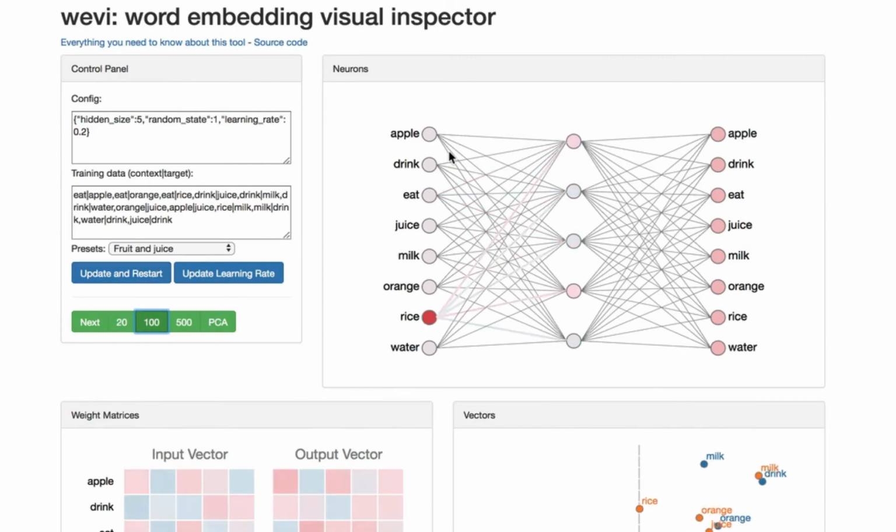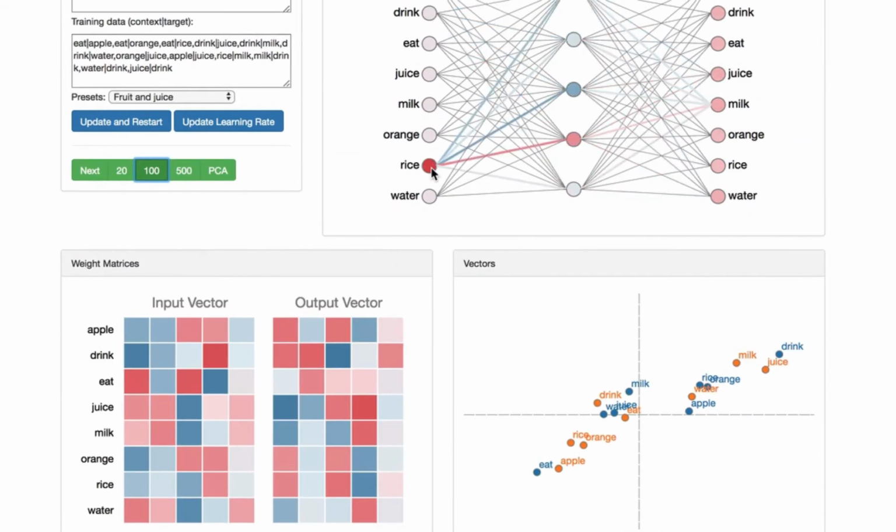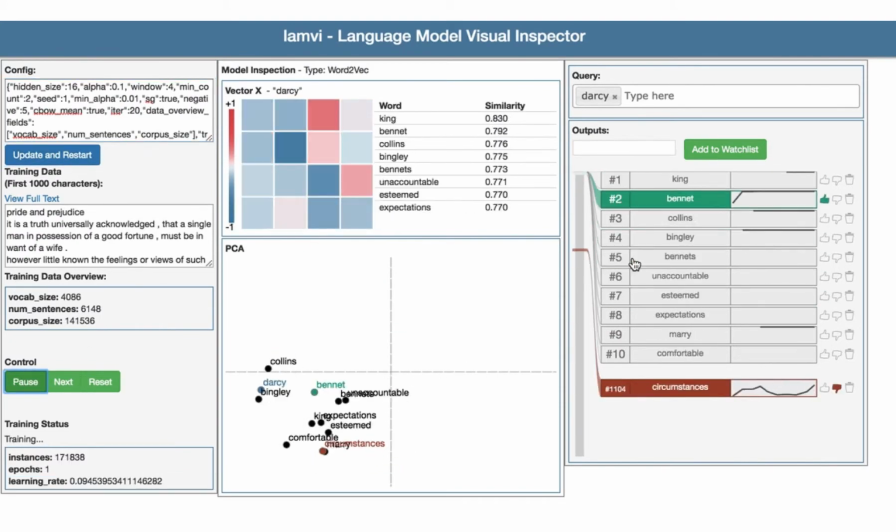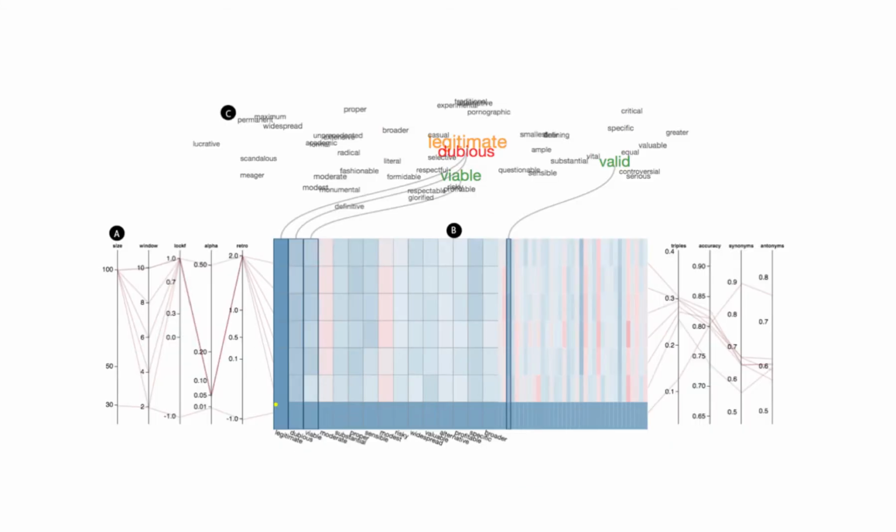We've built a number of prototypes that help developers train neural models. LAMVI-2 was specifically built to address the problem of deciding which models to build and which to use, given different hyperparameters. The interface provides multiple views into the hyperparameters, model details, and performance metrics for many models at the same